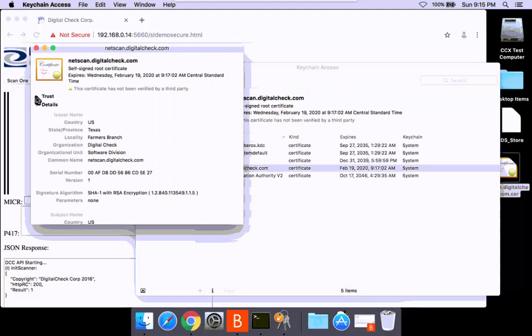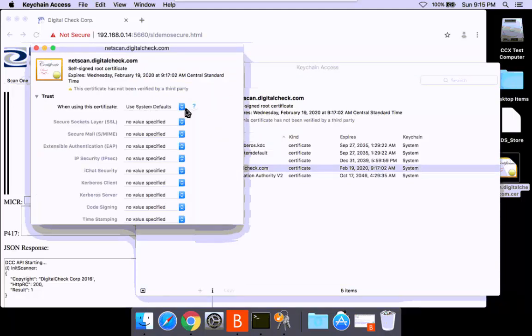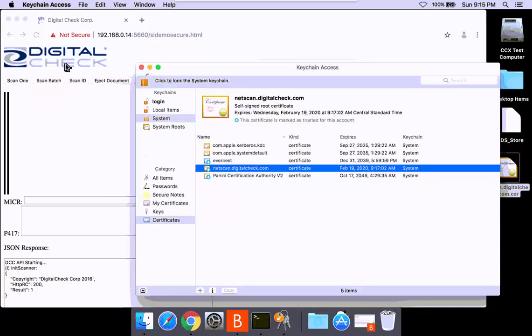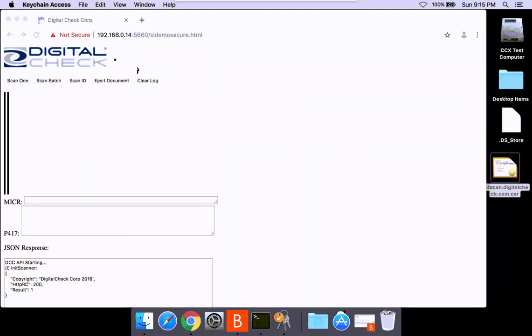Expand Trust. Change it from Use System Defaults to Always Trust, and then close the window. You will be prompted for the computer's password. Go ahead and enter it, and then close the keychain window. Next, restart the browser